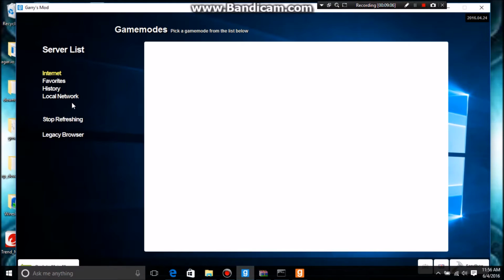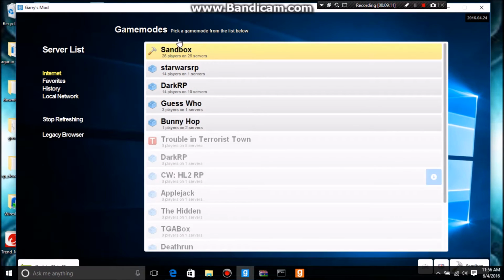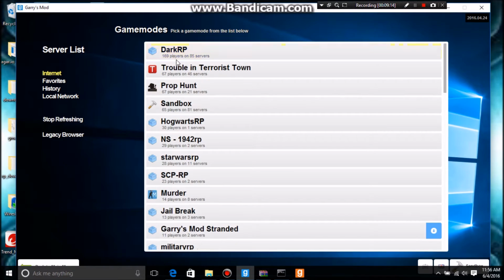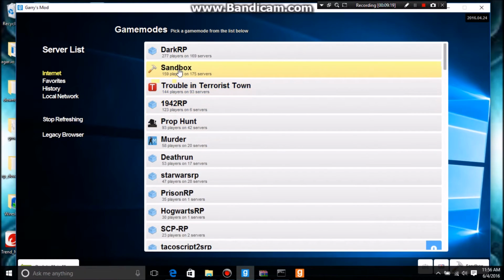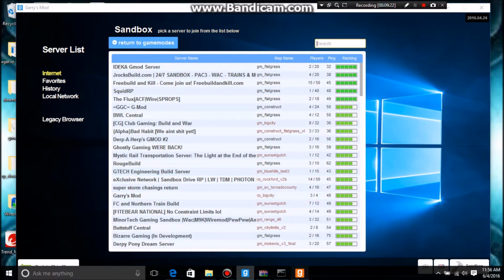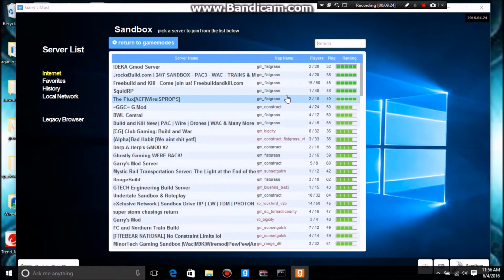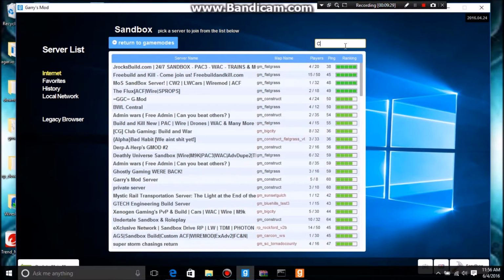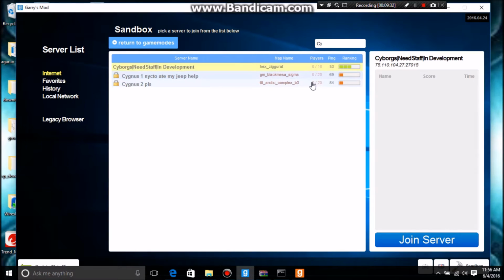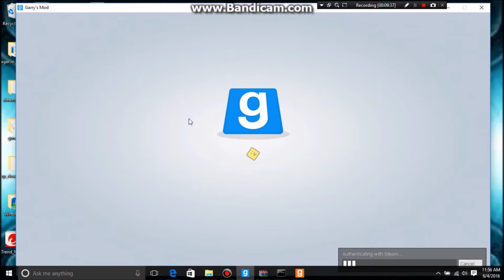And now we go and find a multiplayer game. And so I'm going to see, mine's in the sandbox, because that's my server I did most of my tutorials on. So sandbox, and my server is named Site CY. I'm pretty sure I had it put forwarded. Yep. So as you can see, it always says the map name is Hex_cigarette.